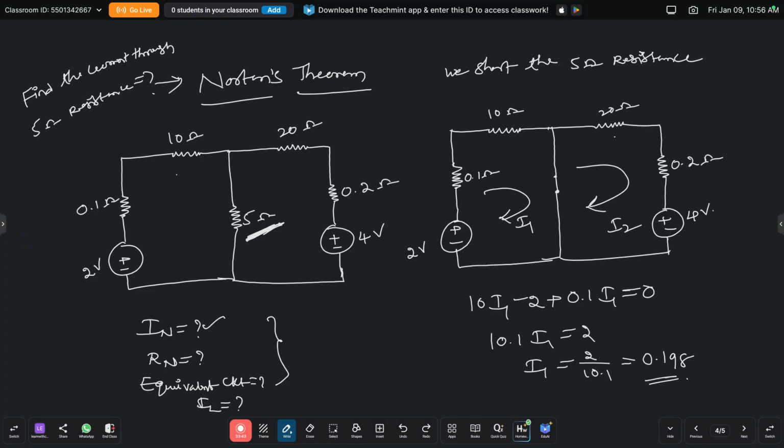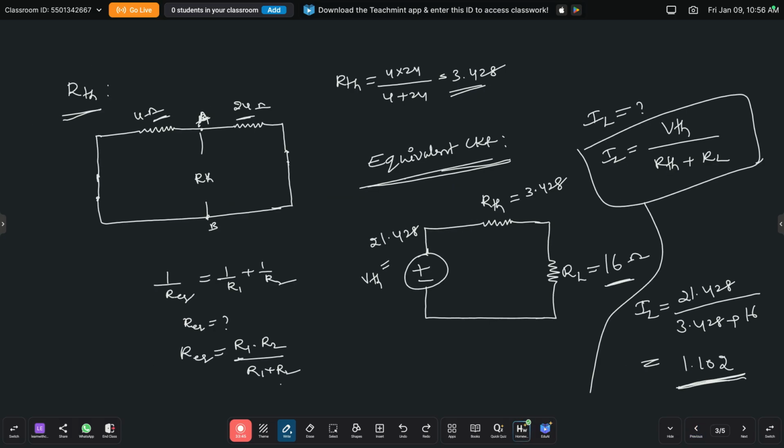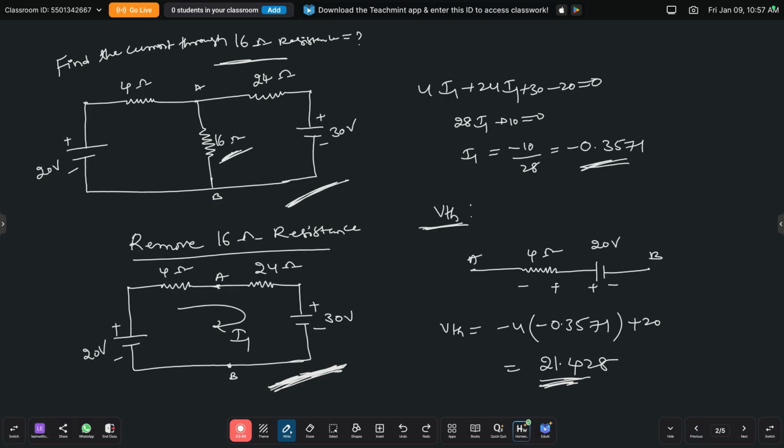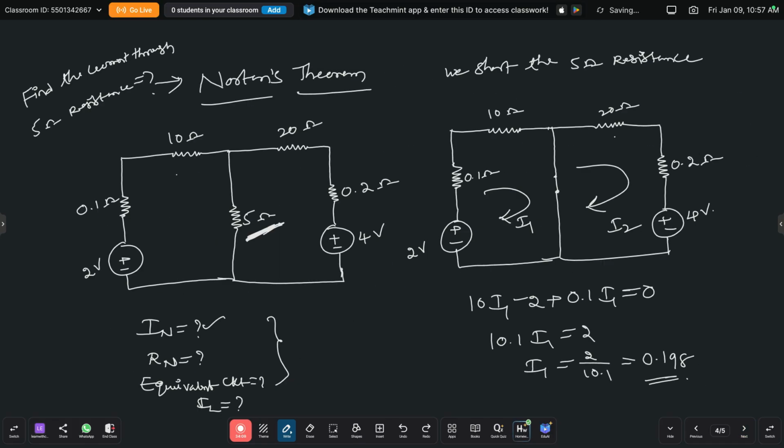How can we find VThevenin in Thevenin's theorem? To find it, we redraw this circuit, but the only change is that in place of a voltage source there should be a short circuit, and in place of a current source there should be an open circuit. In the same way in Norton's theorem also, after shorting the 5 ohm resistance we get one circuit. So we redraw this circuit again to find RThevenin, but the only change is